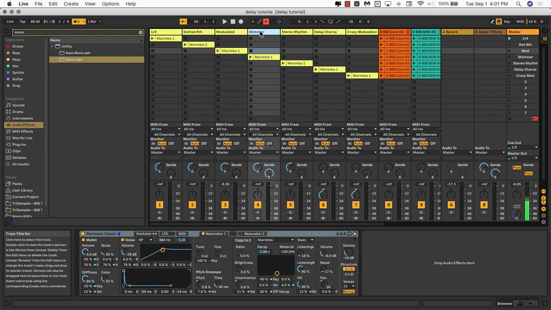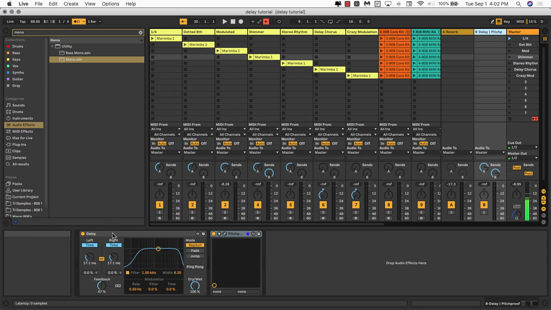I have my routing set up to be a recursive send, where I'm sending to send B, and then send B has a delay and a pitch shifter, and then send B is also sending to send B, which is at not 100%. So every time it sends to itself, it's less than 100, which will gradually reduce the signal until there's not any signal being regenerated. Usually a shimmer lasts longer, and this is usually found